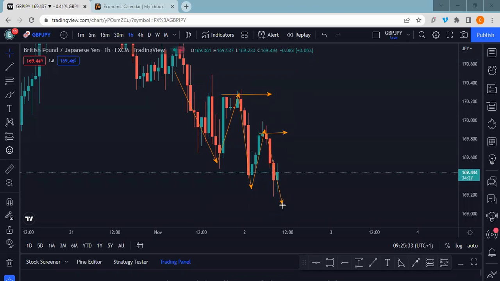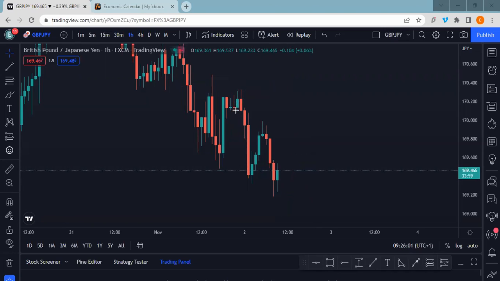Now it's going down to make another low. It has made the low now. It will come up to make another high, but that high will be lower than these two highs. And we keep doing that. Do you understand? That is how price moves in a downtrend. So you want to be selling at these levels, right? Now, when this happened, this was just perfect.